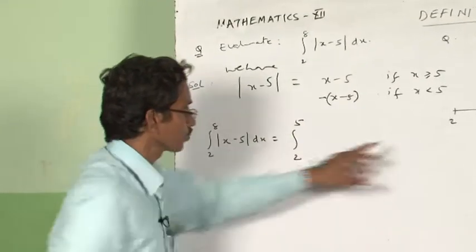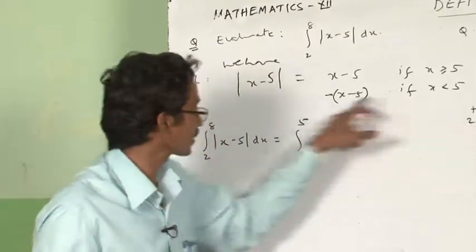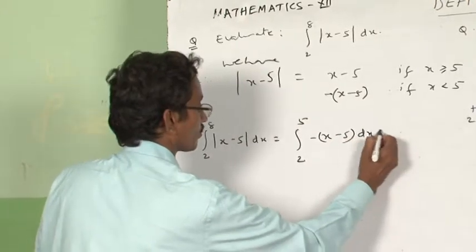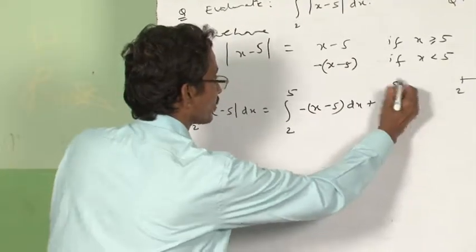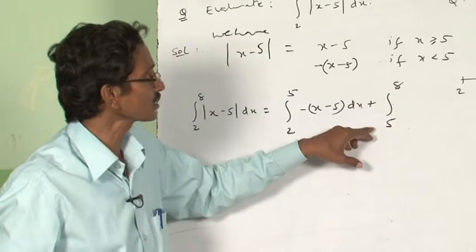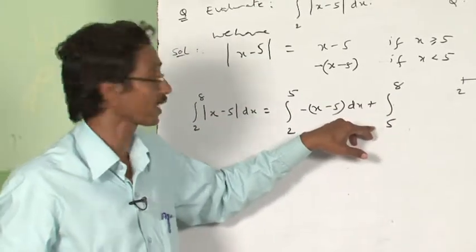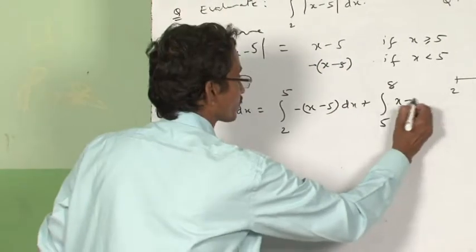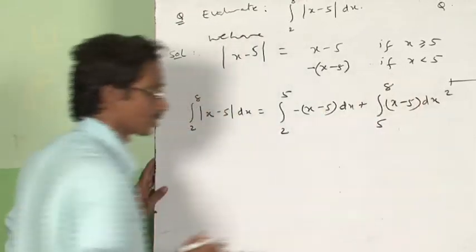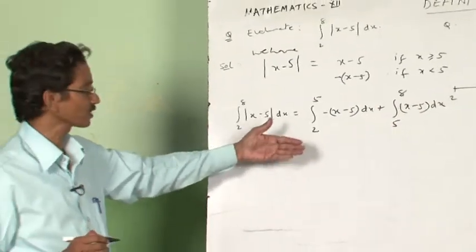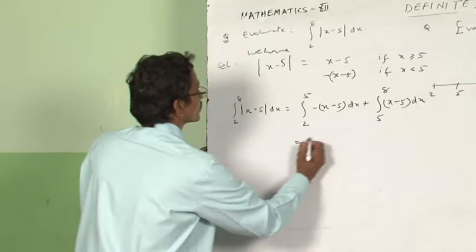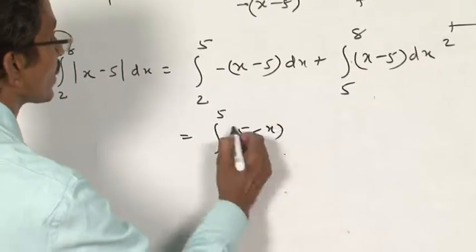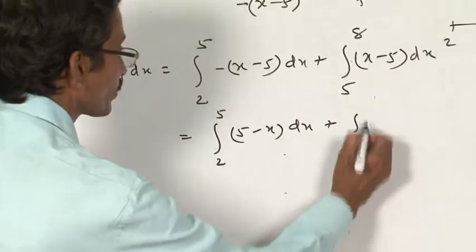and 2 to 5 means x is less than 5. So, we take f(x) equal to minus of x minus 5 dx, plus, for 5 to 8, which means x is greater than or equal to 5, modulus of x minus 5 is equal to x minus 5 dx. The remaining part is to simplify this using the limits. So, 2 to 5, I will write as 5 minus x dx, plus integral 5 to 8